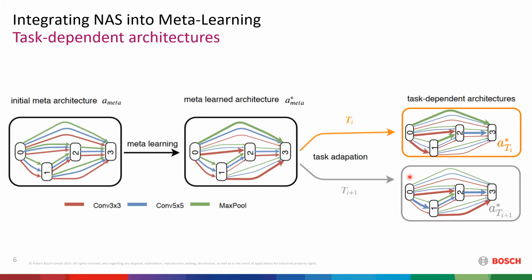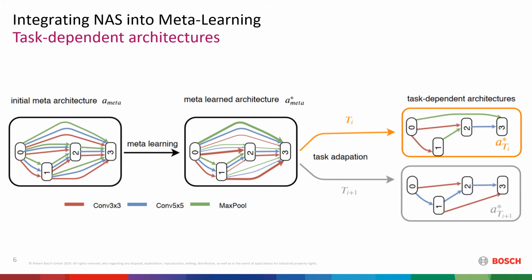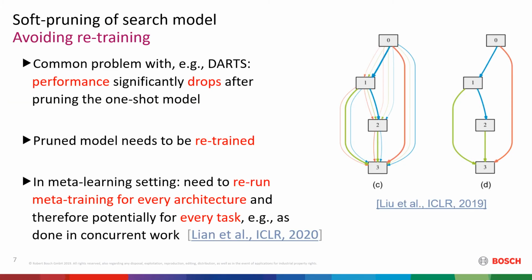Unfortunately, these task-dependent architectures will not be sparse by default, meaning that they still contain all the possible operations from the one-shot model. This can be disadvantageous for many applications that, for example, need to be run on limited hardware. Ideally, these task-dependent architectures should be sparse, meaning that they only contain the essential operations. Typically, a sparse model is obtained by simply pruning the one-shot model. Unfortunately, this leads to a significant drop in performance, meaning that the pruned model needs to be retrained. This can be very expensive in the context of meta-learning, as this would mean that the whole meta-training process needs